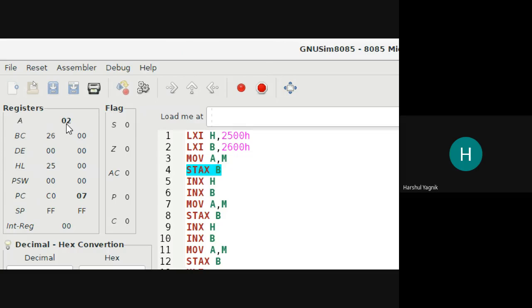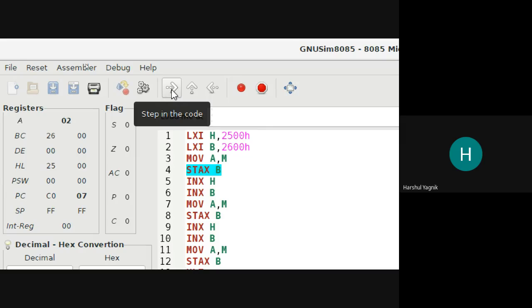Rather than using STA instruction, we are using STAX and register pair. So the operand will be moved to the memory location which is pointed to by the BC register pair. BC register pair has the content 2600. That value will be considered as the address of the memory location, and the operand will be transferred to that memory location. Let us run this.